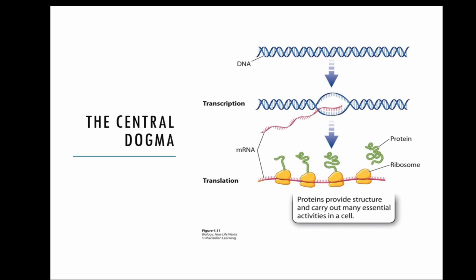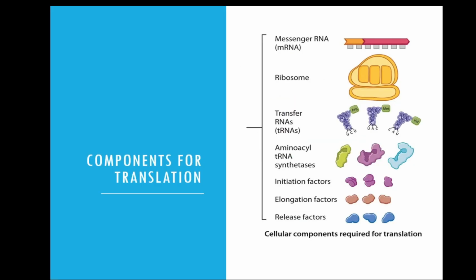All right, so what do we need? So this is translation right here. Right, so we see the ribosomes in your book are always going to be the little yellow things. The protein, the polypeptide chain that's being made is in green, and the messenger RNA is in red. So what do we need for this process? It's pretty elaborate, actually. Okay, well, first of all, we have to have a messenger RNA, right? And this is a mature messenger RNA, right? So it has a 5' cap and it has a poly A tail,